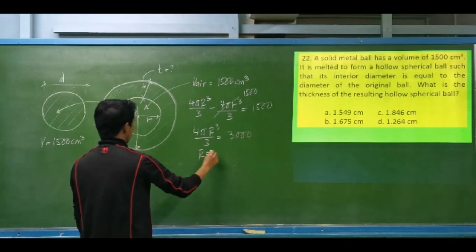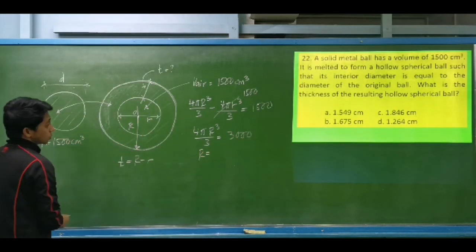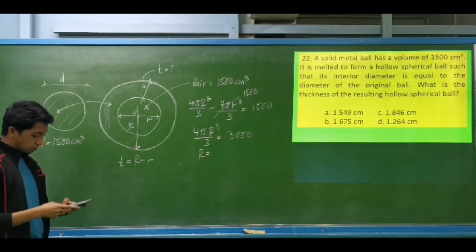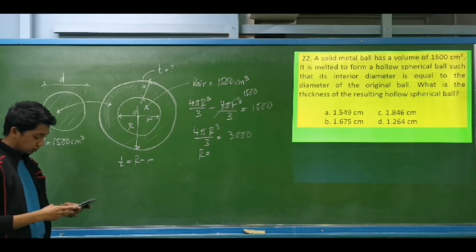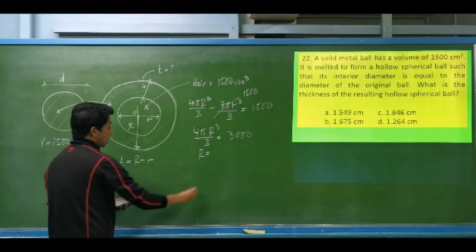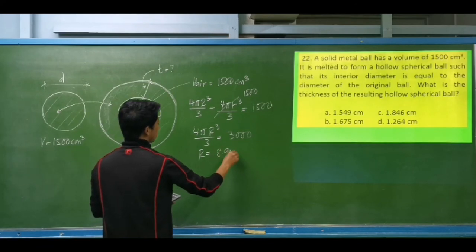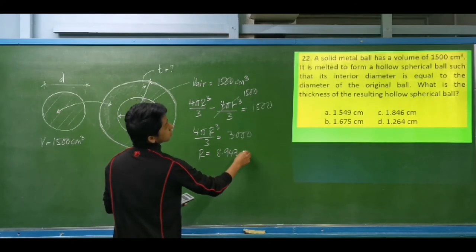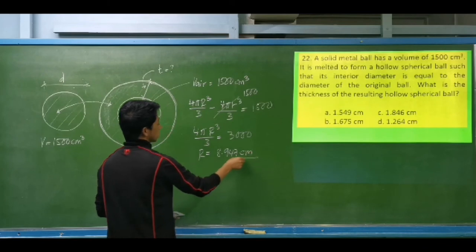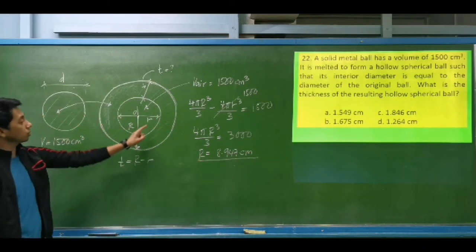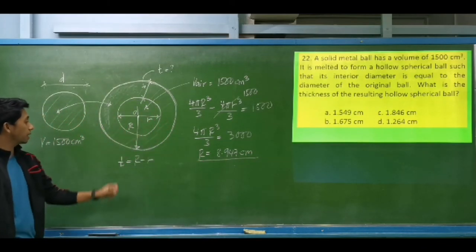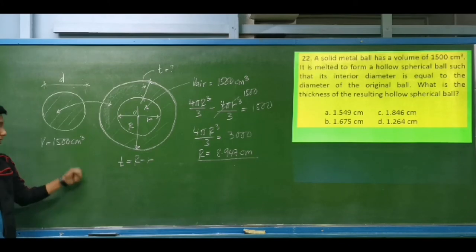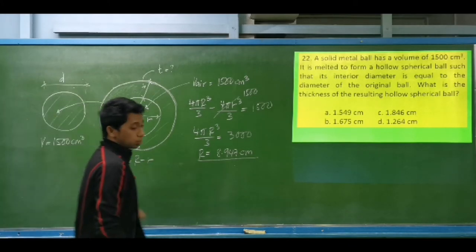Kunin natin yung radius ng malaking sphere. That is 3,000 times 3 divided by 4 pi. Then this is raised to 1/3. So yung lumabas is 8.947 centimeters. Ayan. So paano naman kunin yung small r? Di ba alam naman natin yung volume niya? 1,500. So kung kukunin natin yun,